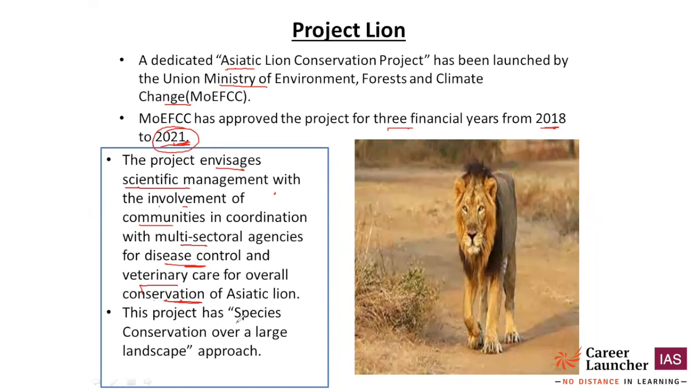Now this project has a species conservation over a large landscape approach. Okay, this means we have to conserve this species over a larger area, a larger landscape. Gir National Park in Gujarat. Gujarat is the only state in India where the Asiatic lion is naturally present. So we have to conserve a large area. Landscape includes different types of landforms. So it's called a species conservation over a large landscape approach. Okay, now what next here is